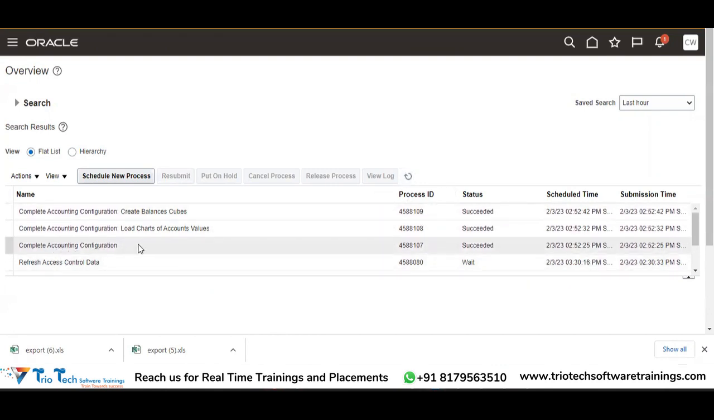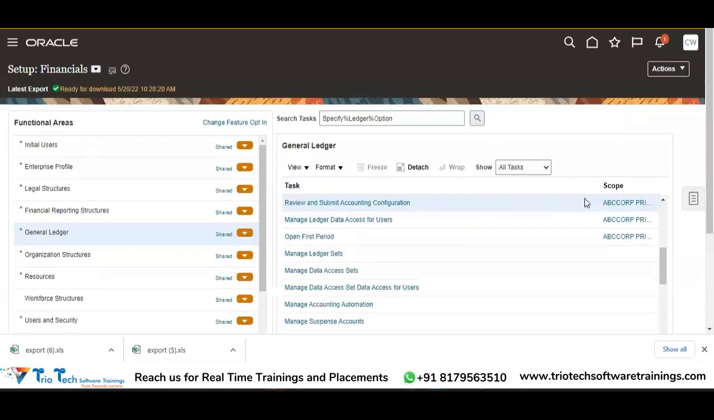So complete accounting configuration, when you ran it, these are the child programs that got triggered. Okay, complete accounting configuration, create balance cubes, and then load chart of account values. These are the child programs that ran in order to complete the process. So once it is successful, then you will be able to see, you can go back